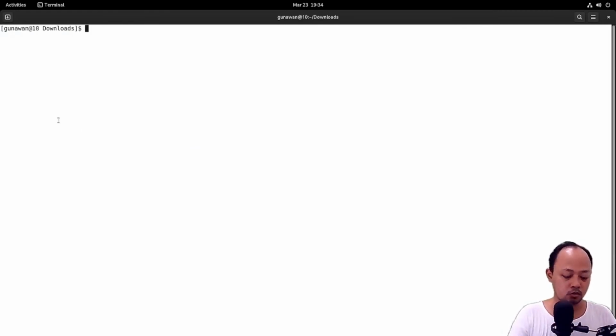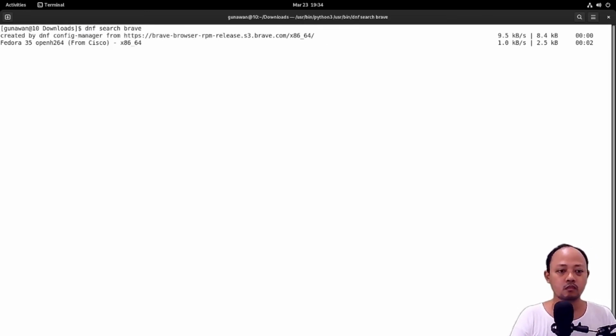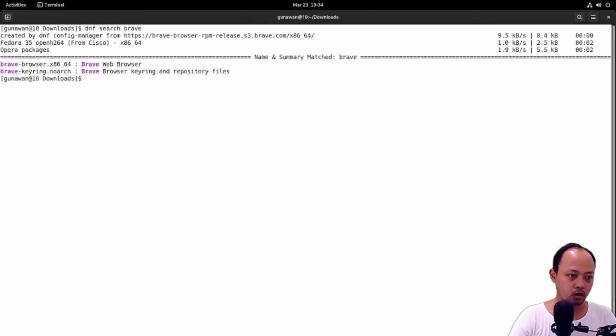Okay. So how if we want to update the Brave browser? So I think we just type sudo dnf update brave browser and brave keyring.